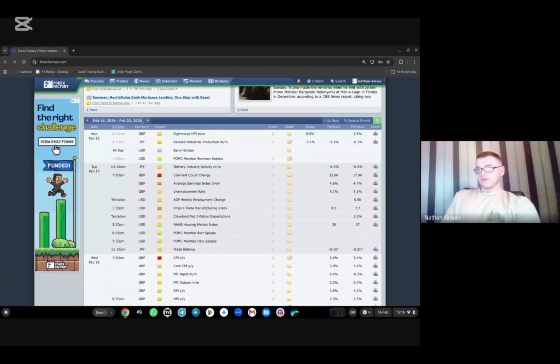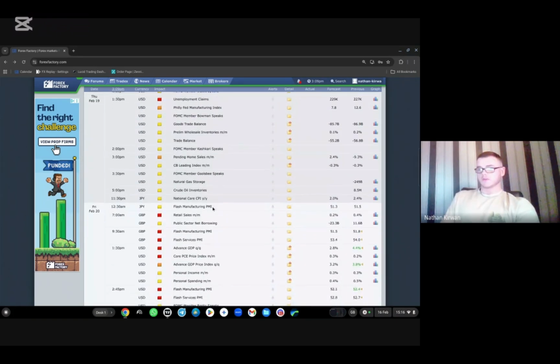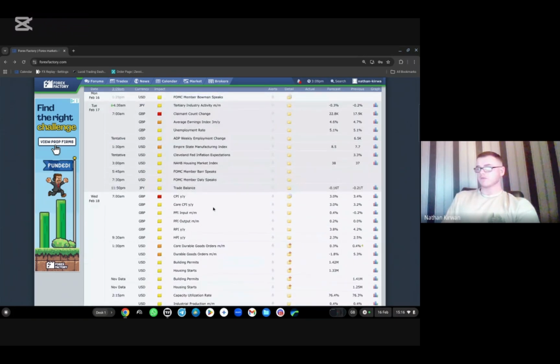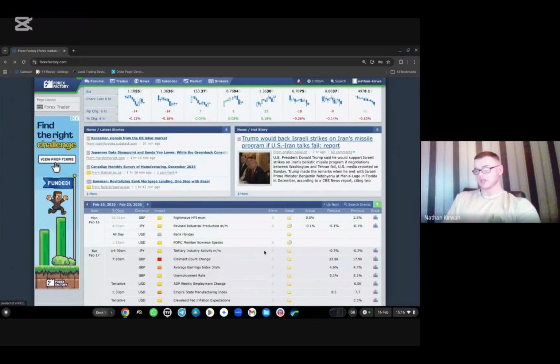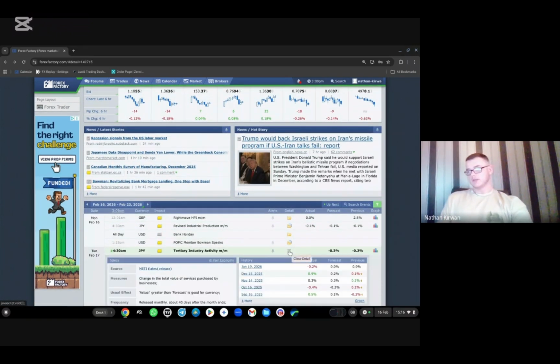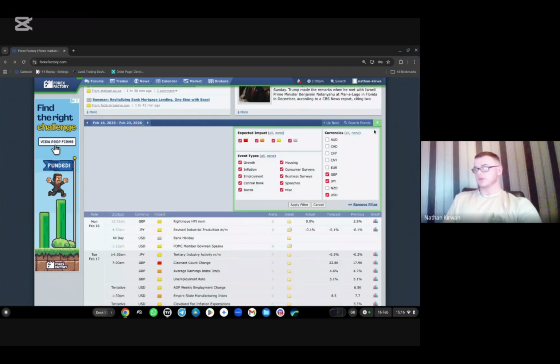Yeah, the yellow really aren't that important. See, it's just a lot of noise. See how many yellow and orange folders there are there. It's just a lot of noise that you don't really need on your screen. 100%. If you want to have a look at them, understand, click into this little folder here, and it'll break down everything for you. But I'm going to turn it off now because we don't need to know the yellow ones and the orange ones. Just know that they work in less importance. And then apply filter,